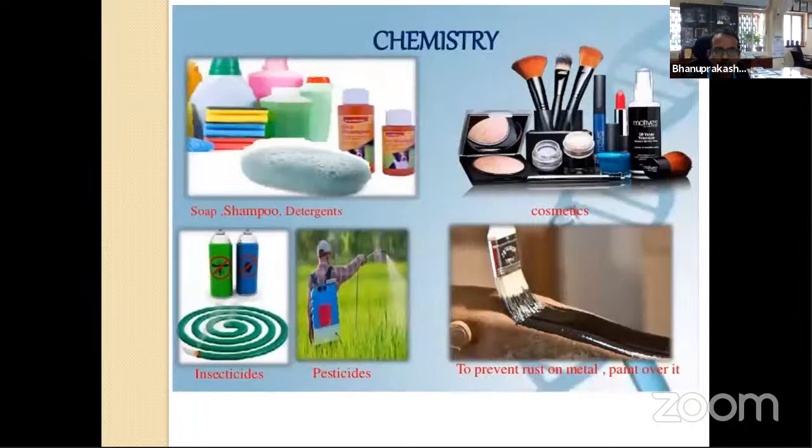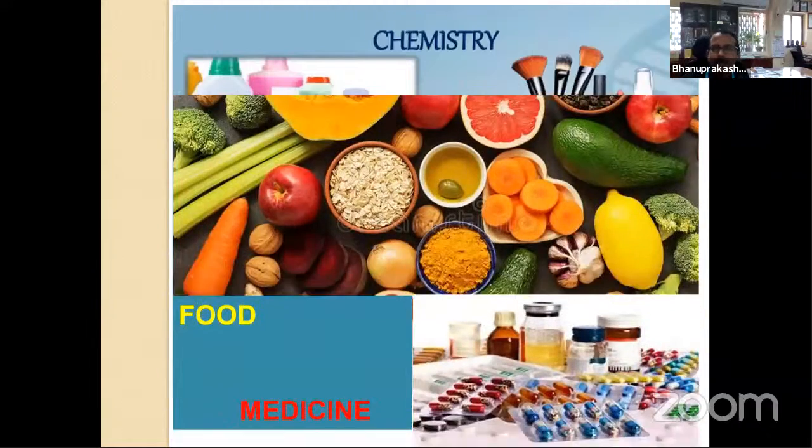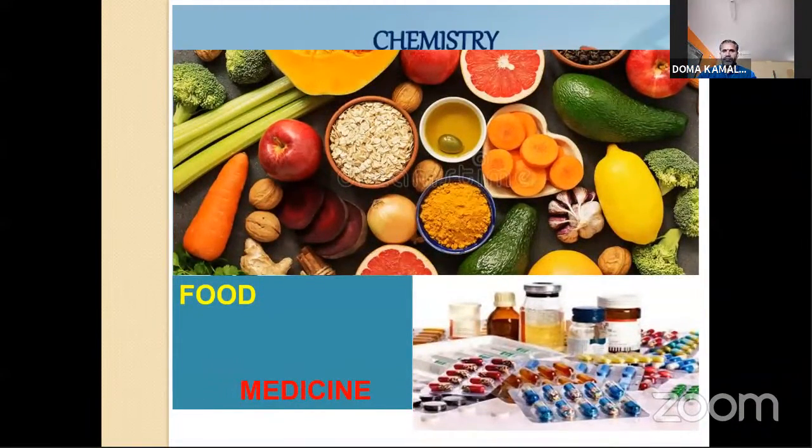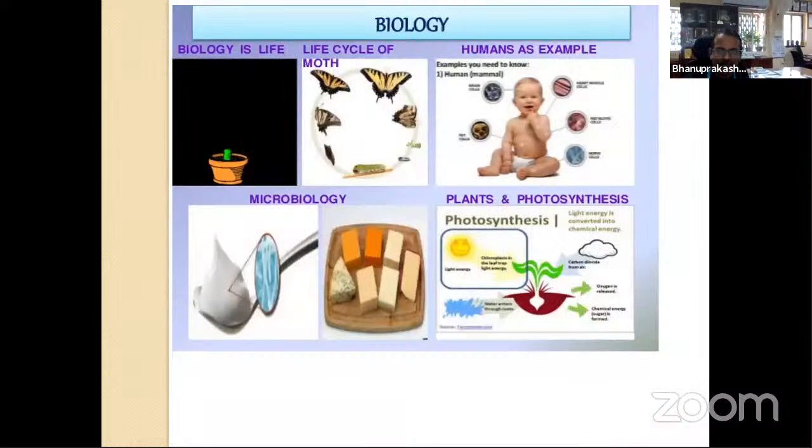That is one thing. So also in chemistry, as I said, it could be your soap, it could be your paste, it could be your paint, and it could be even your food. This is what I say: food is all about chemistry. You take any food, there's a molecule, and how it is digested, and how it is absorbed. Everything is chemistry. Food or medicine also. But I will not highlight too much about medicine. Medicine anyway is a separate discipline called pharmacy or drug discovery.